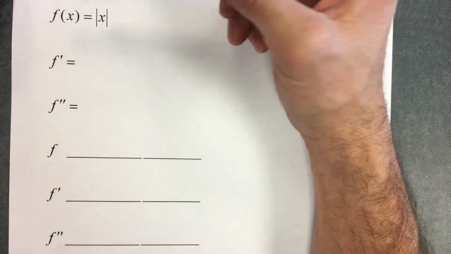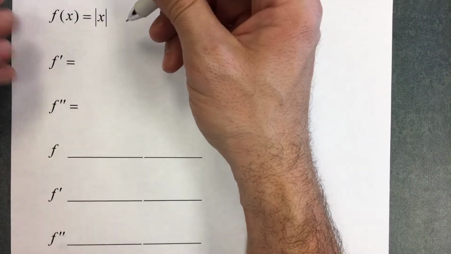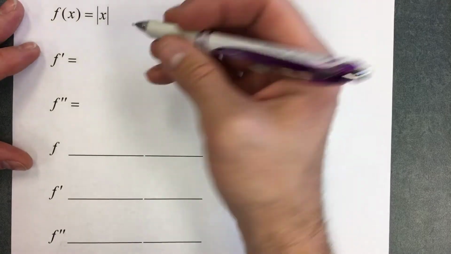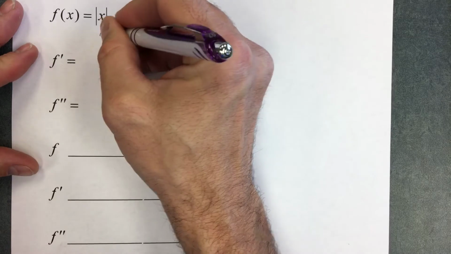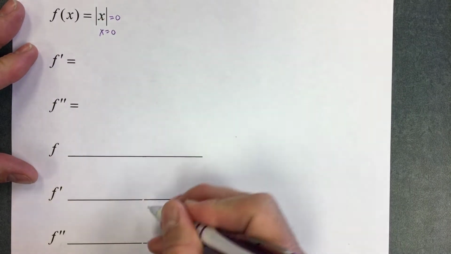Okay, Mr. Mack's going to draw absolute value of x using derivative analysis. So the first question, of course, is when does absolute value of x equal 0? Well, it equals 0 at 0, but the problem with this one